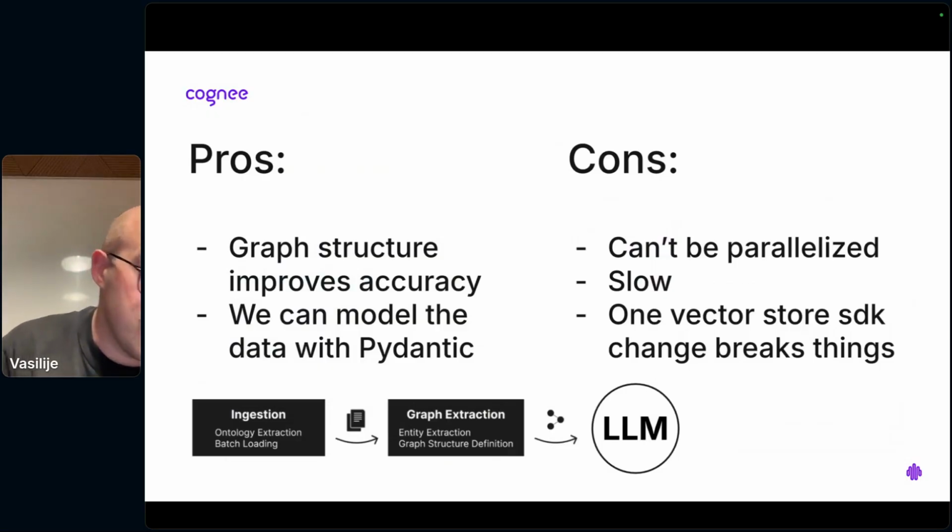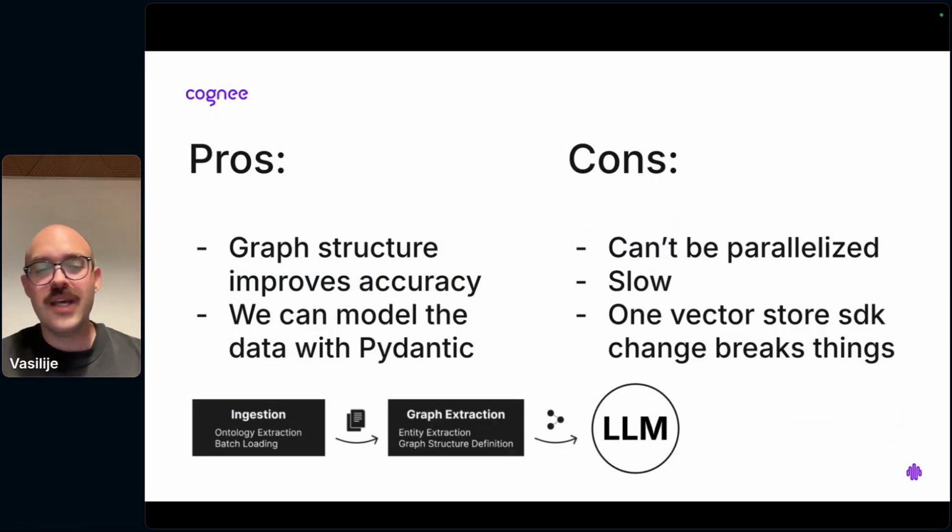We could model the data with Pydantic, but what the cons were is this couldn't really be parallelized. It was slow. If you change the SDK on the vector store or some parameters, things would break. You couldn't really add custom logic to it. It was just like how we imagine things to work, and we definitely didn't want to stay like that,